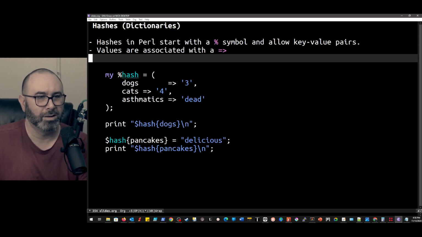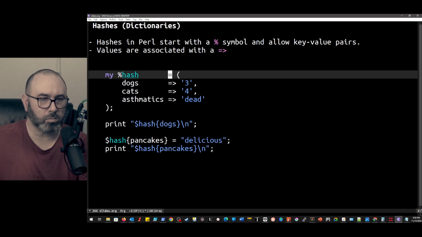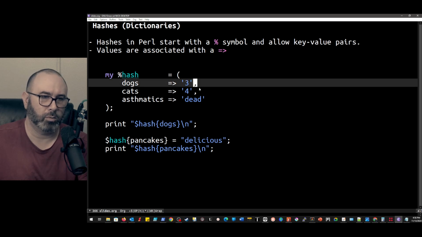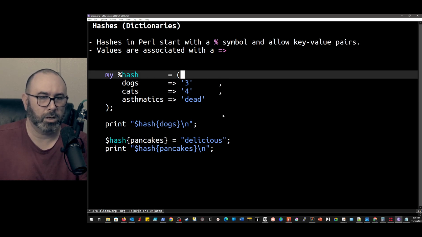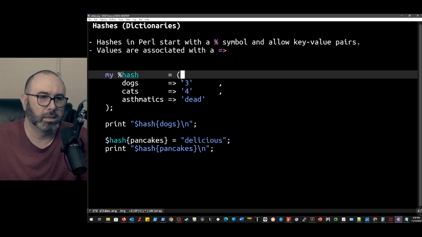So we want to make all these arrows line up for readability purposes, if that's something that you want to do. And now this might be more readable to you. You don't have to do that, but a lot of times people would do that when writing Perl. They'll say, we want to have all the commas line up. Little things like that are not necessarily required, but for some people it makes it more readable. And that's nice. So here we can see that we've got $hash. This is kind of an interesting thing.